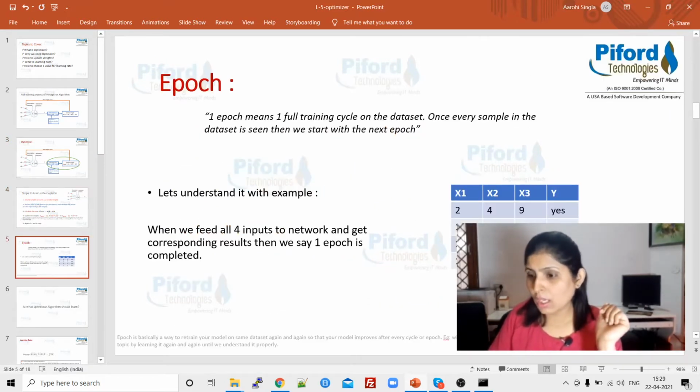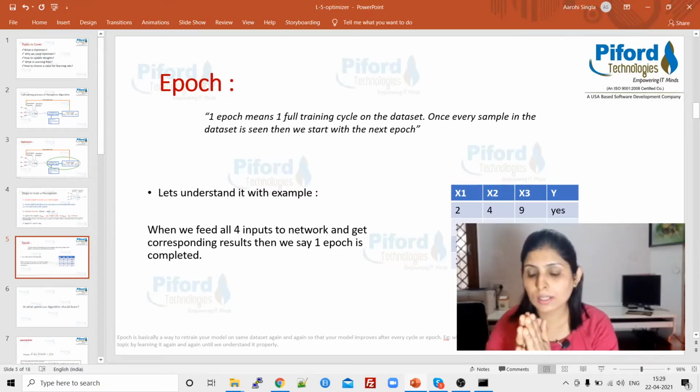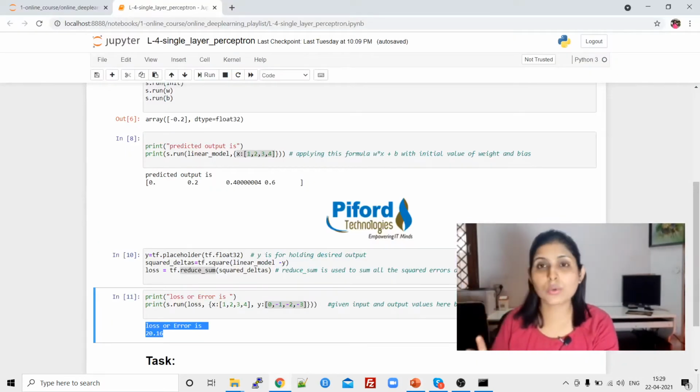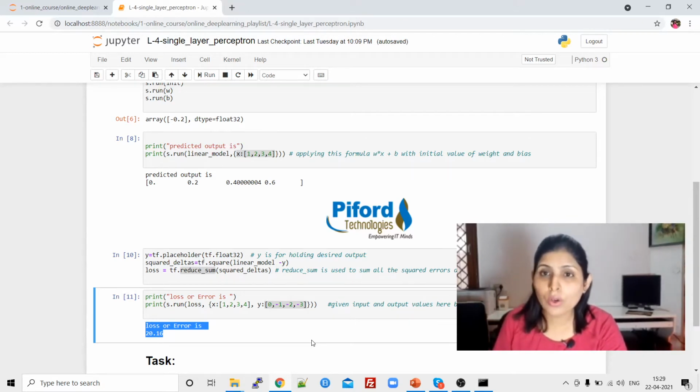So, let's get back to this code. The error we are getting here is 20.16, and you want to update the weights and improve the results. But one more question is how many times you want to update the weights.